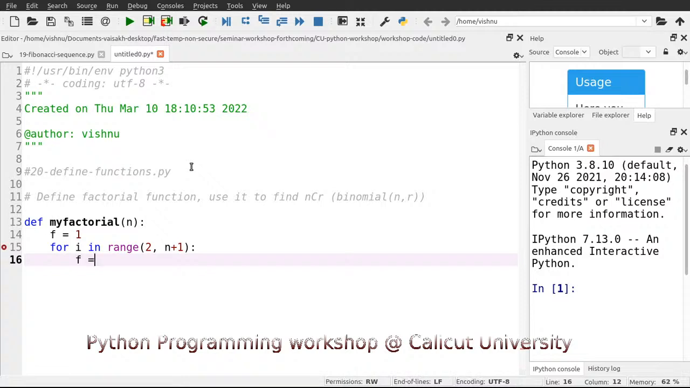How do we multiply? See that there are 4 spaces left before starting this line, just to show that f is inside the function definition. The for is also inside the function definition. Now this f, the fourth line in the program code, is inside the for also. Therefore 4 plus 4, 8 spaces left. Now f is equal to f star